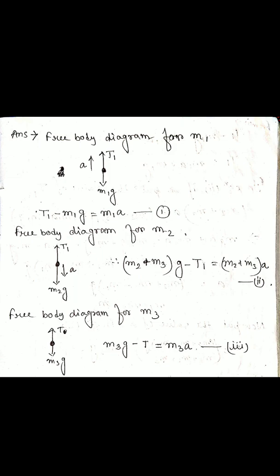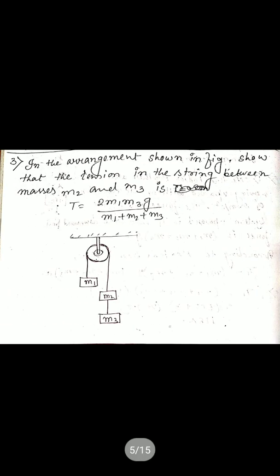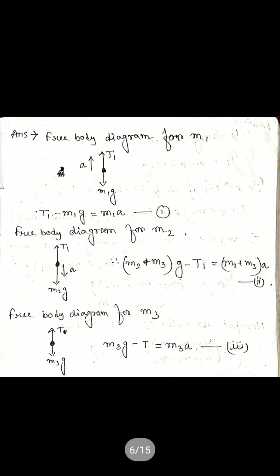That means in this free body diagram, in place of M2 into G, you can write M2 plus M3 into G. Here I will draw only for M2. Sometimes I think you did not understand, but from this diagram we cannot construct this equation 2 because this mass is only for M2. But from this diagram, you consider that M2 also pulls M3. So whenever you write down the equation, it will include M3 also. The total mass M2 plus M3 into G minus T1, that is the net force.